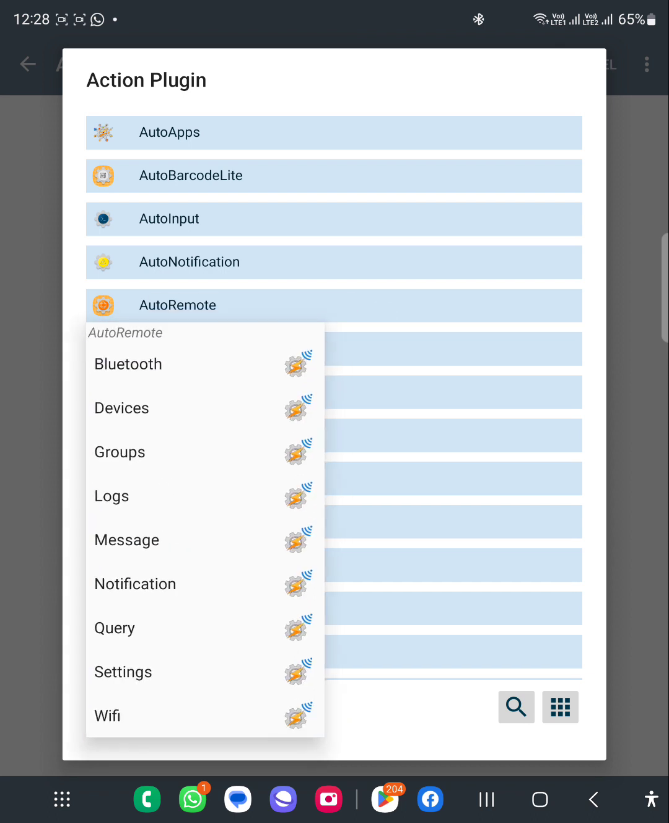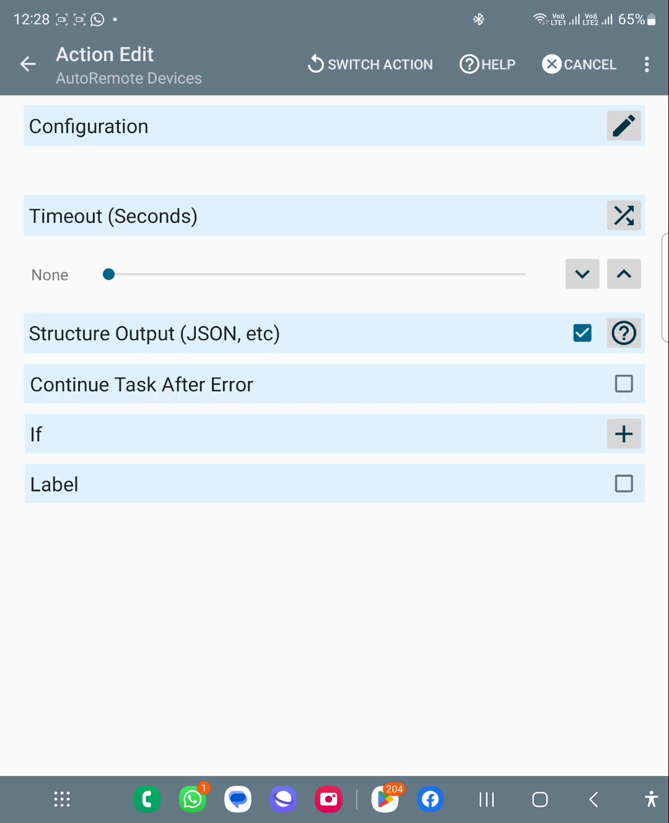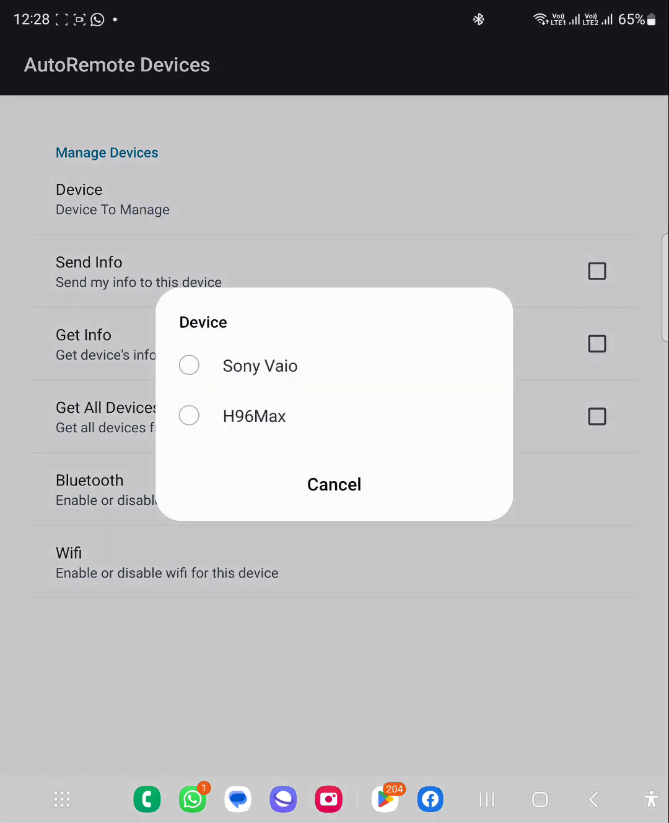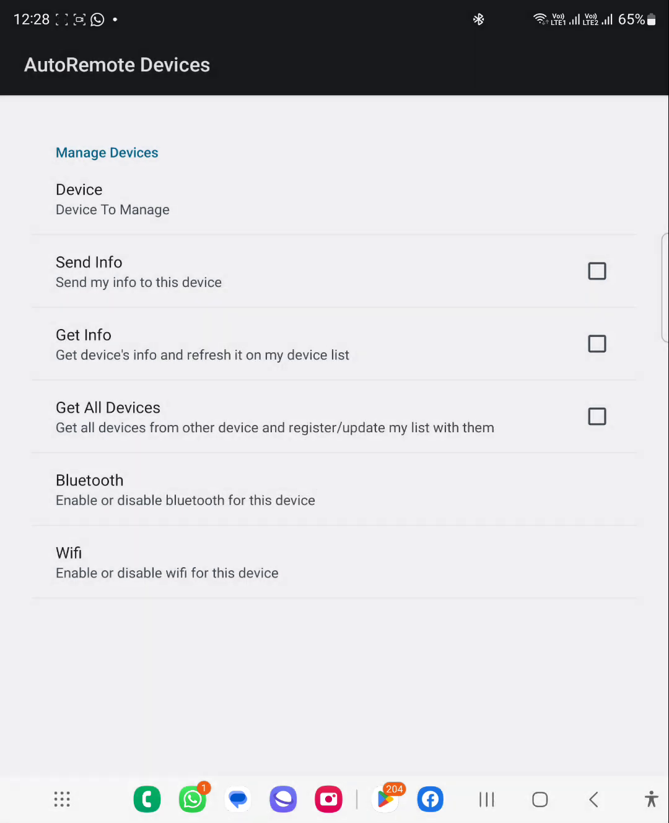It is asking for devices, groups and all. We will be using devices here, and from the configuration part, I will use manage device to manage, and it is showing H96 Max. This is the device which I have configured. So I will just click on that,